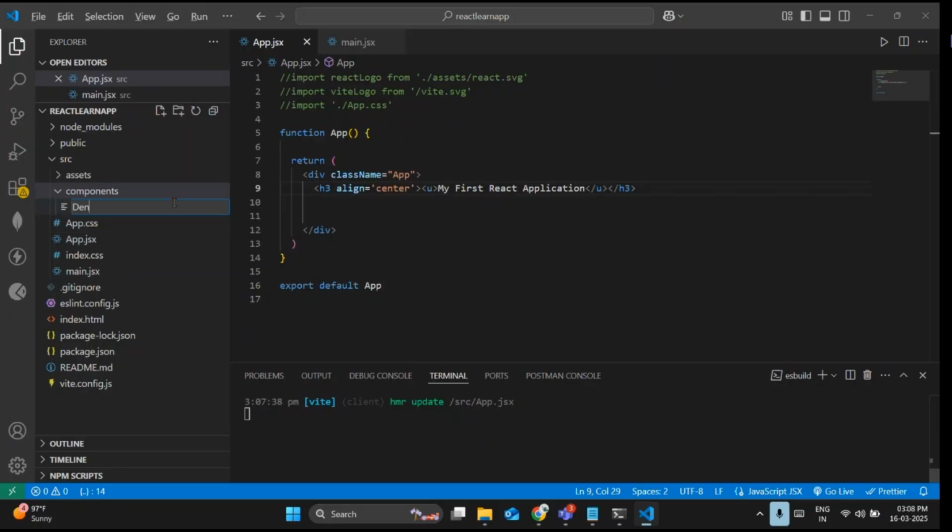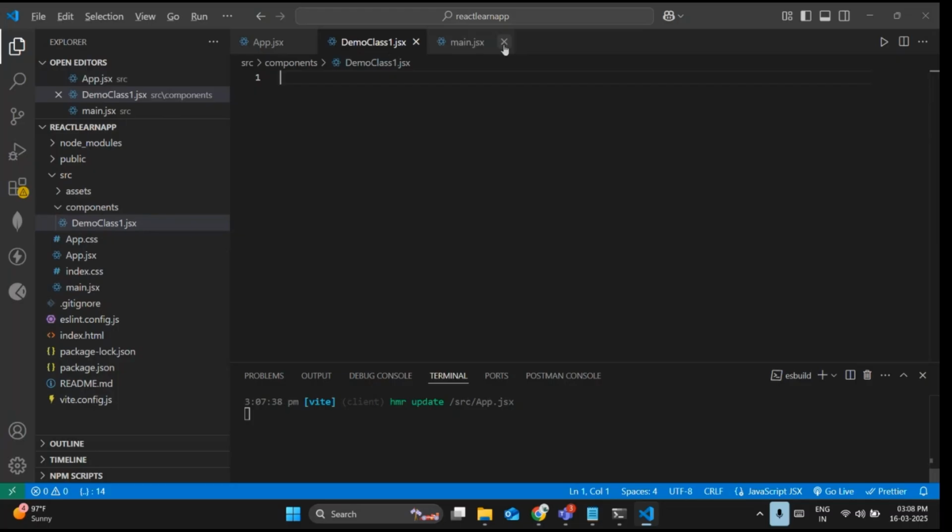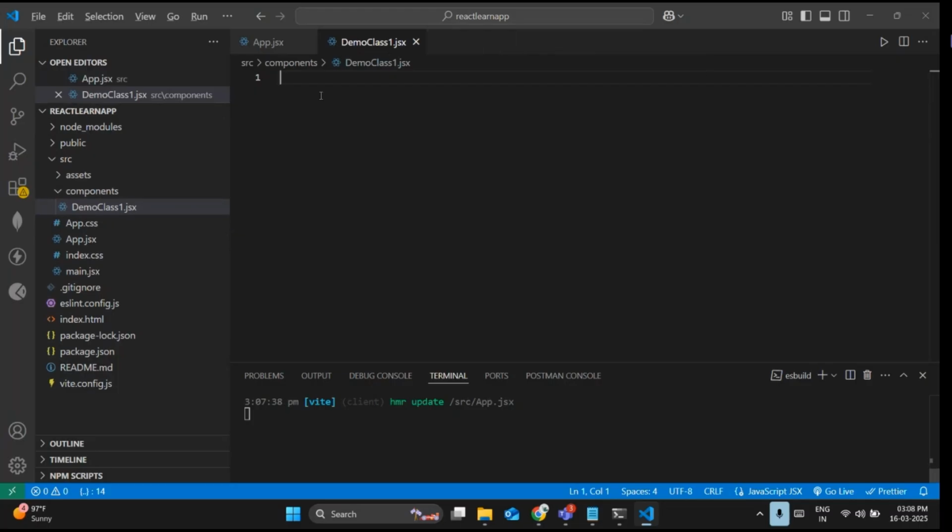Demo class one dot JSX, not JS guys, JSX. Under demo class one dot JSX, we are going to see how we are going to implement everything. Let's now try to execute class demo class one